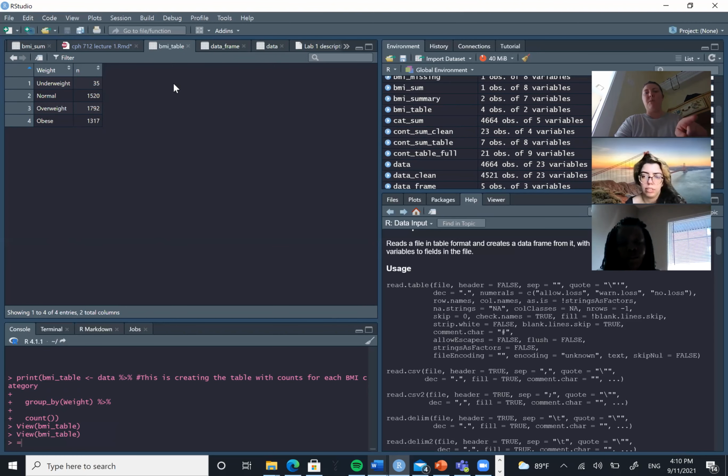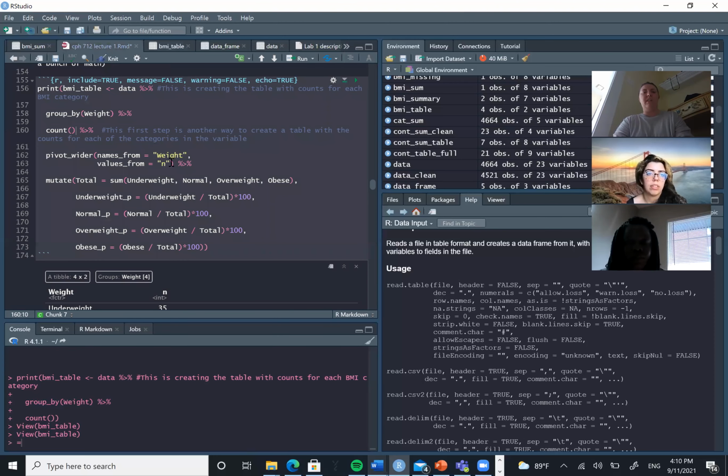Whereas if we were pivoting from a wide table to a long table, we would take this variable, this variable, this variable, put them under as the entries under one named variable, and take all the counts and put them into a single column. So that's what a pivot table is. It's just reorganizing the shape of your data. So for this one, if we pivot, we're saying that our variable names are coming from weight, the variable called weight. And we're saying our values are coming from the variable called n, which we created when we hit count. So if we run this,